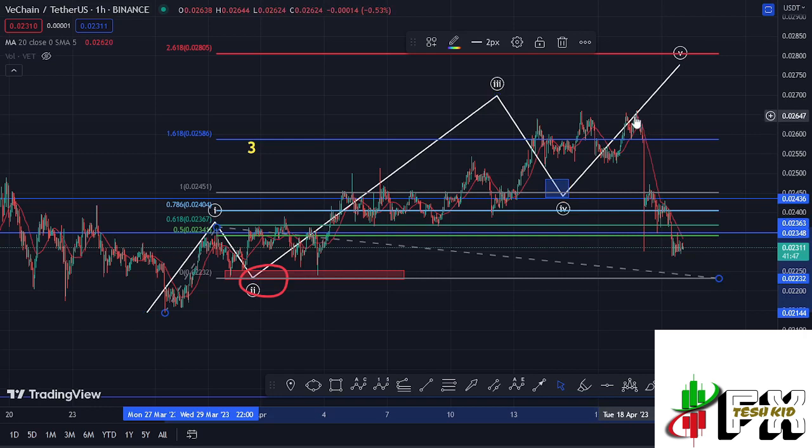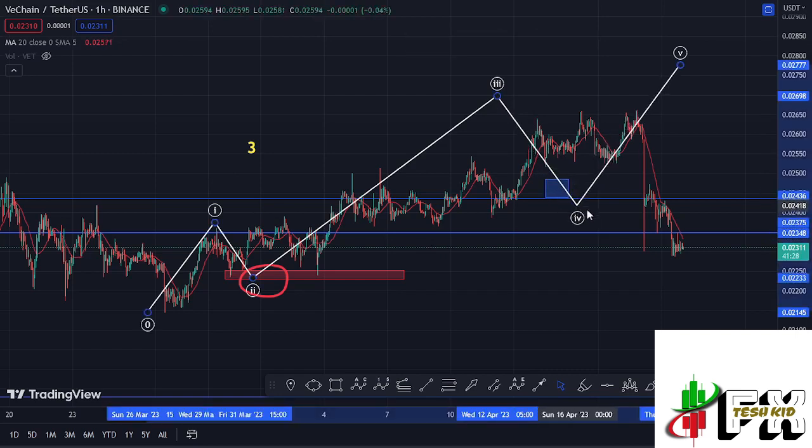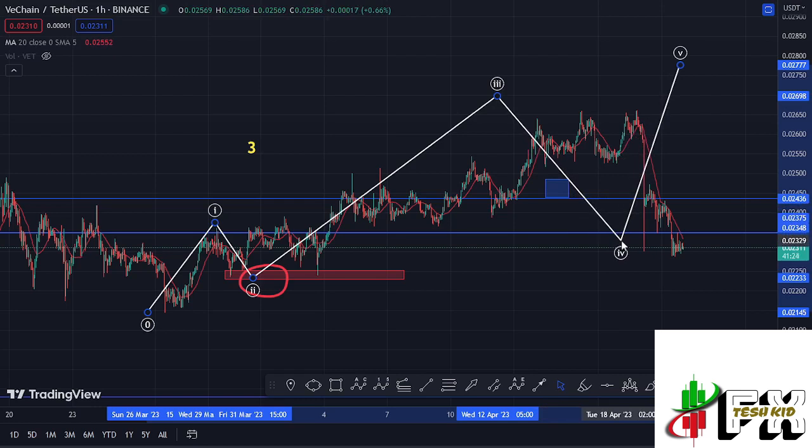We fully maximized in a move that gave us a high at around the $0.02661 mark. And having seen the high for this wave 3, whatever we expected next was a corrective structure in the formation of this wave 4. And according to the Elliott wave guidelines, the wave 4 should not retrace into the wave 1 high, and you can see that in this movement over here, this fourth wave has now managed to get into the wave 1 territory,